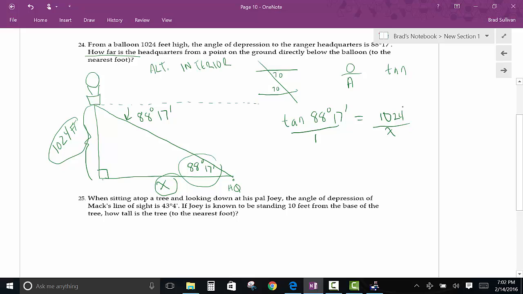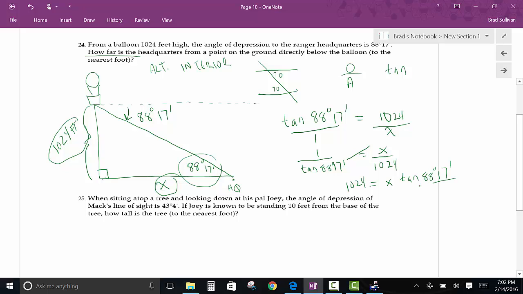Now, there's a couple of things you can do on this too. When you have a proportion, you can turn both things upside down. I'm going to show this just for the purpose of variety here, so I'd have this. I don't know why I'd do this, but it's just something you could do. Now, if you were to cross multiply that, you would have x tangent 88 degrees, 17 minutes,